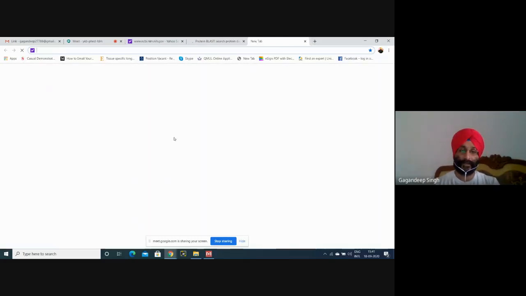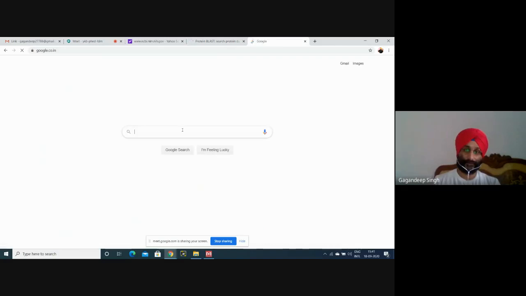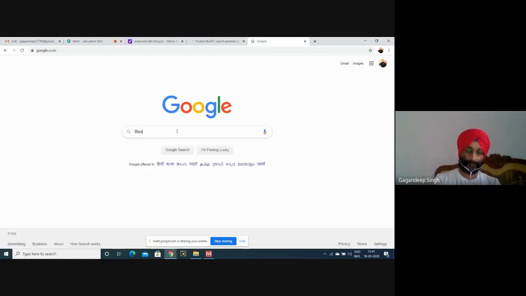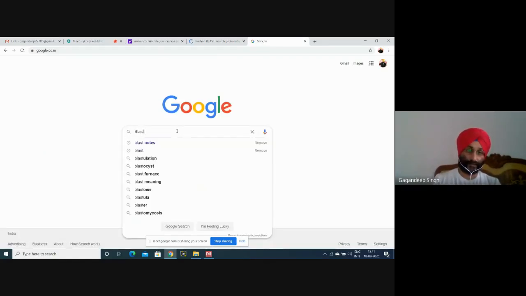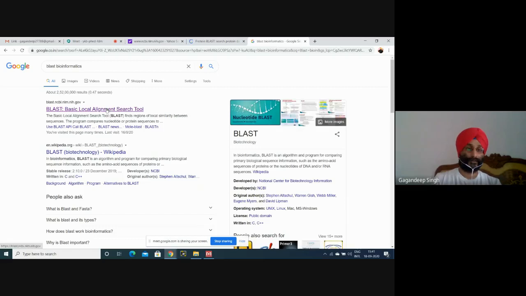Also, again, you can select BLAST, basic local alignment search tool. Okay.